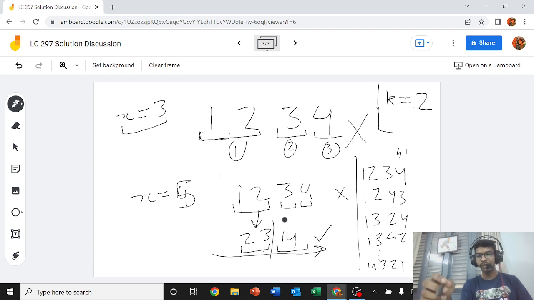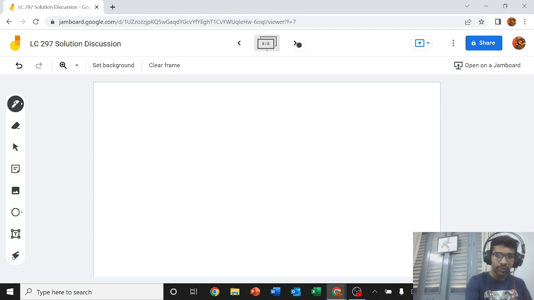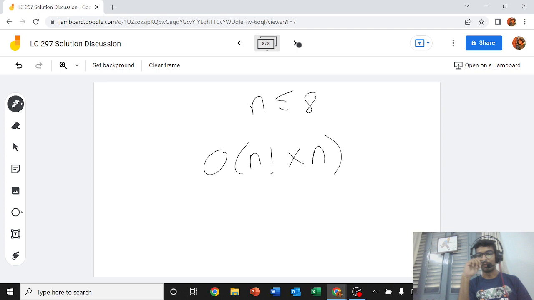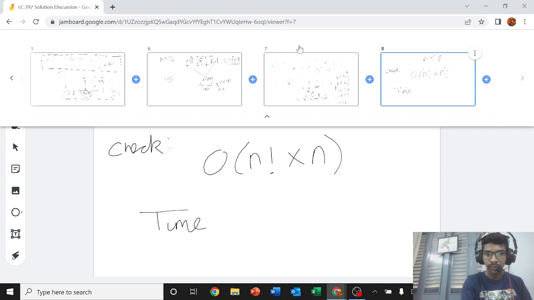So likewise, since our n value is at most 8, we can generate all the 8 factorial ways and one by one check them in O of n time. So this check function will work in order of n factorial times n time, and for the total time complexity, since we are doing binary search here,